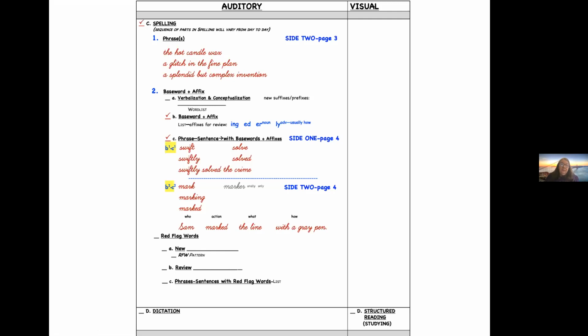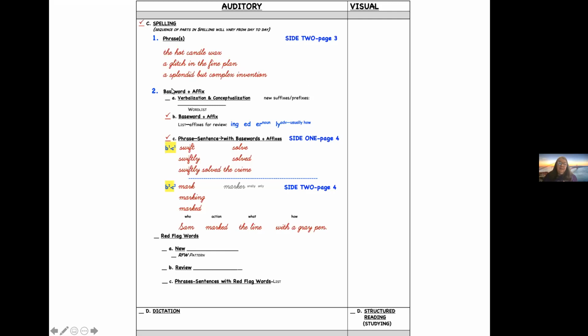But whatever the case is, there are some words in here that have suffixes and prefixes, but they haven't been taught as prefixes and suffixes. The words that are in these phrases are just being treated as syllables with one vowel sound, which is spelled with a vowel grapheme that they've learned. Okay. So that's the main.